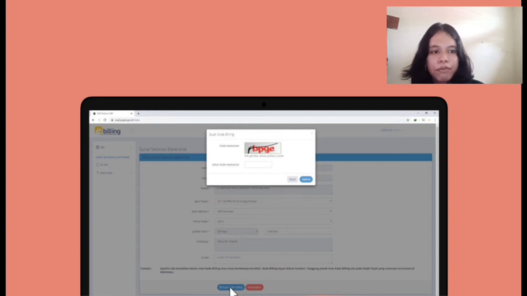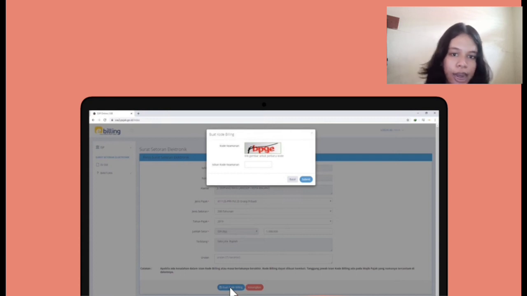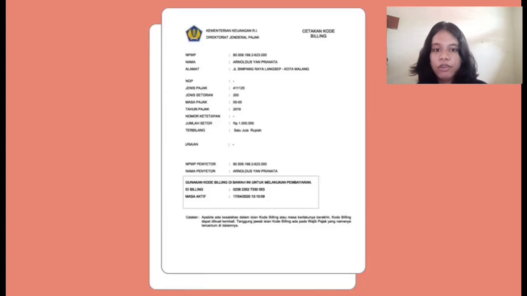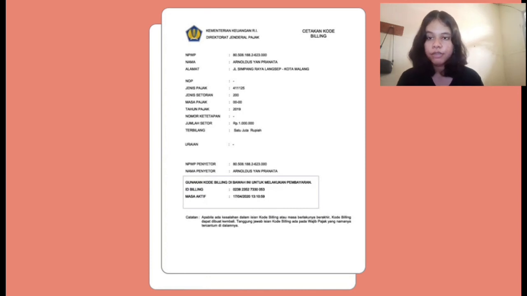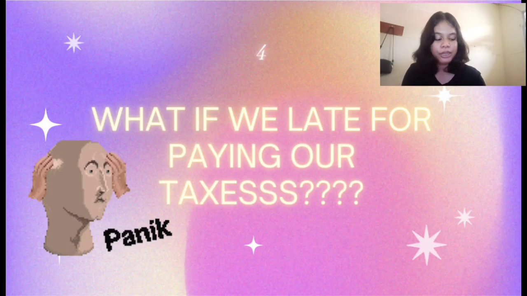And before you print, make sure that in the fields that you already filled, there is no error. And then to pay, you can pay using the billing ID code that has been printed or downloaded to make the tax payment within a short period of time. And then you just need to go to the teller or ATM, or just pay it with SMS or internet banking. If you are late paying the tax, they will give you some kind of